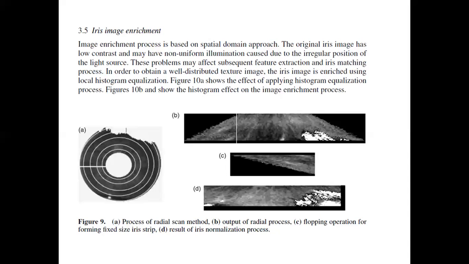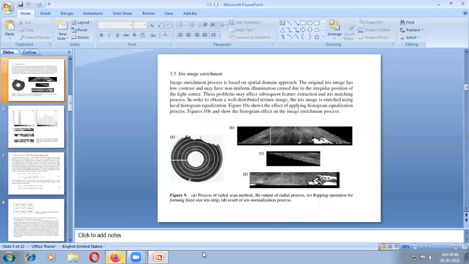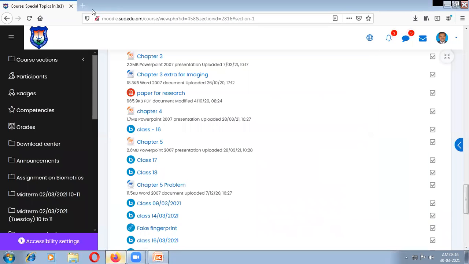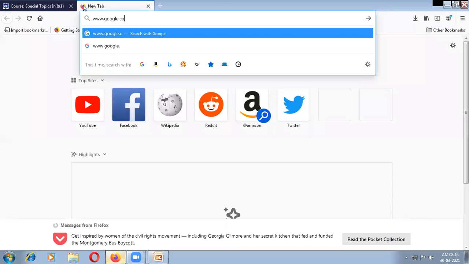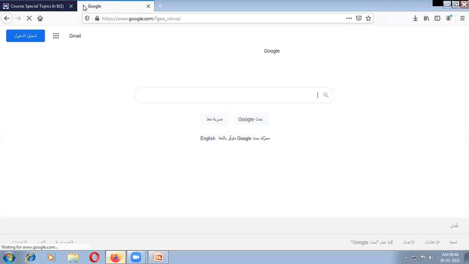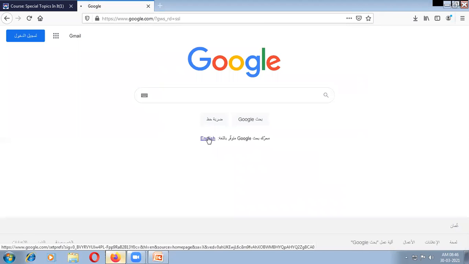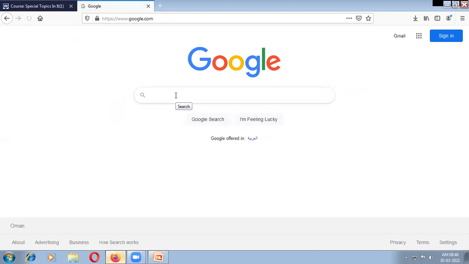The reason is that the iris is an internal organ. It is not outside. It is inside your eyelashes. So the eyelashes are also above, the eyelid is also there. Based on these two things, it will be a problem for you to do the process exactly. So you need to know about all the iris images. It is readily available on the internet.